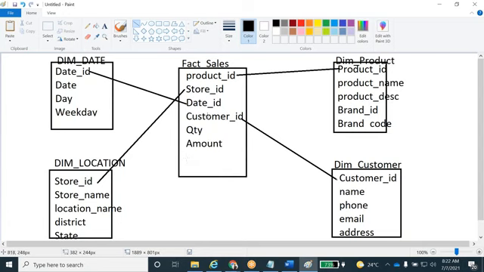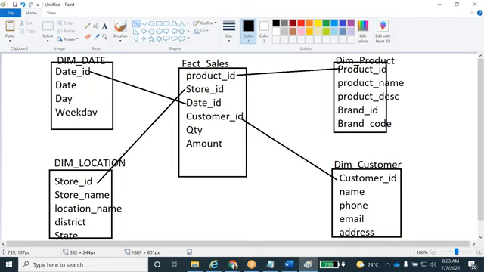So star schema is nothing but one centralized fact table connected with multiple dimension tables. So it looks like a star. That's why the naming convention is called a star schema. Okay, we have two types of star schemas: simple star schema and complex star schema.